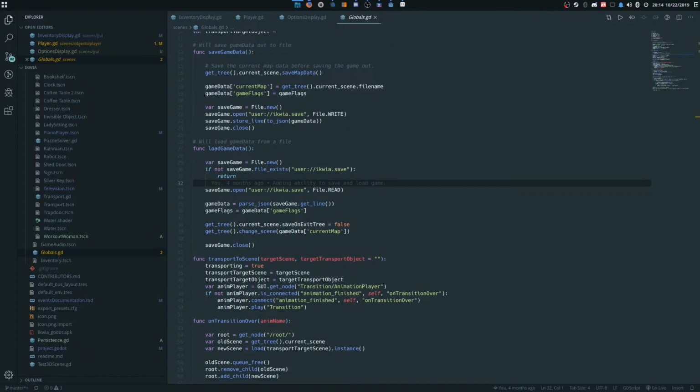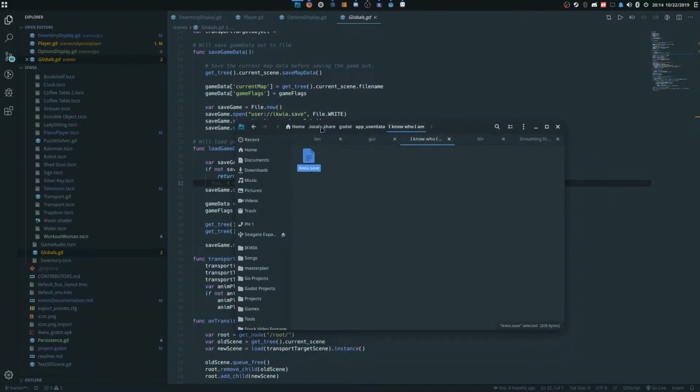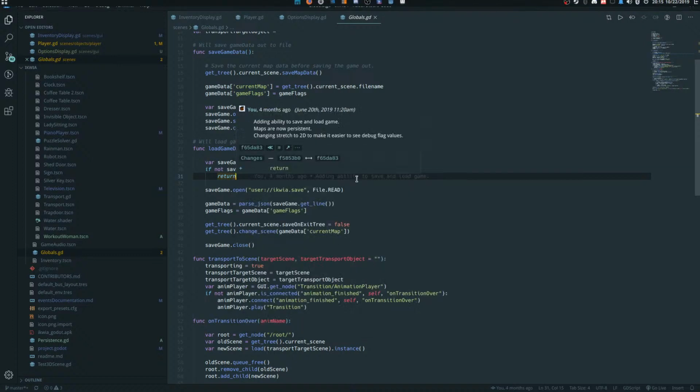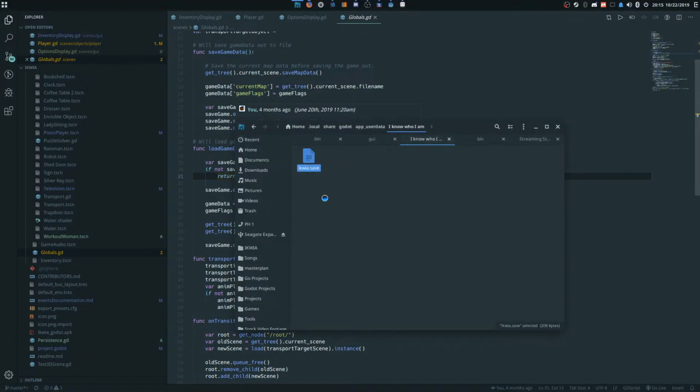It looks like, on Linux at least, it's going to local share Godot app user data, and then your game, and then there's a file. So I might end up making like 5 save files, and then you can save data into those files willy-nilly.